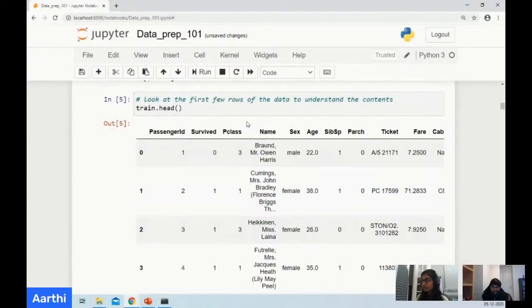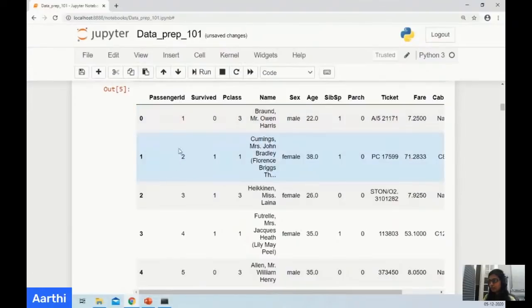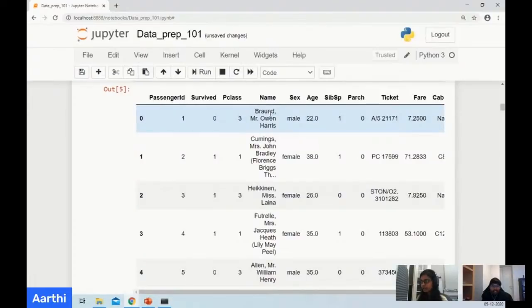And then let's look at the first row's content. There is a PassengerId, which is like 1, 2, 3, 4, 5, so it's an index. Survived is a 0 or 1. Pclass is again 1, 2, 3, so first class, second class, and third class. It contains the name with salutation, and then whether that particular passenger